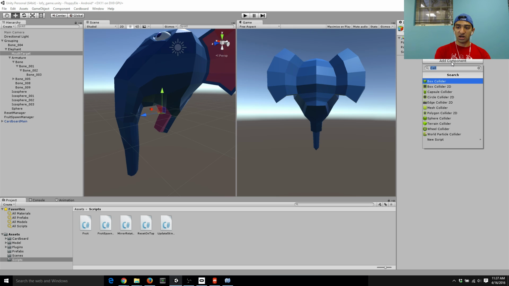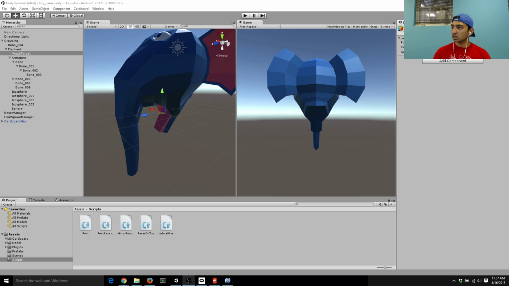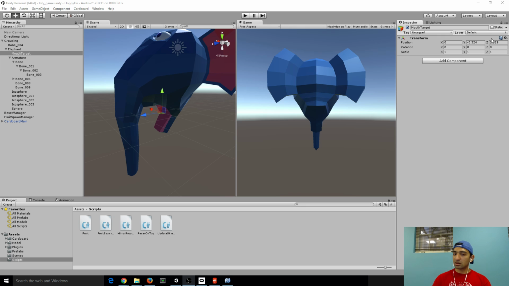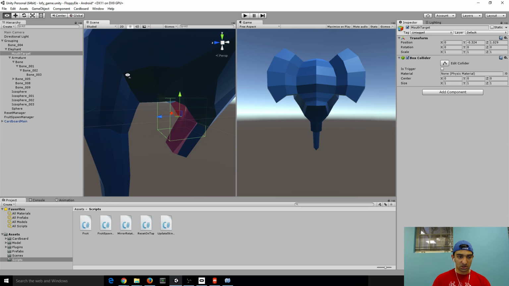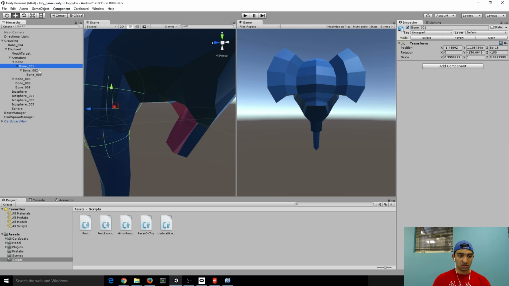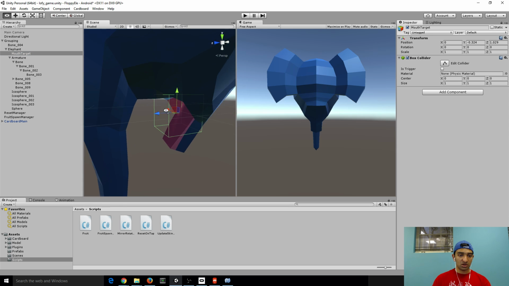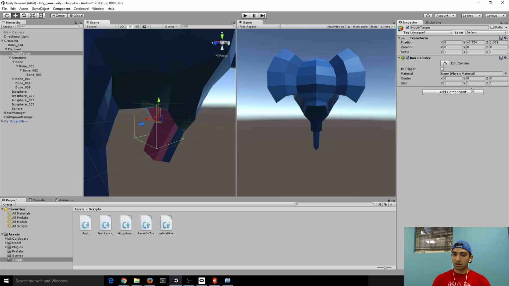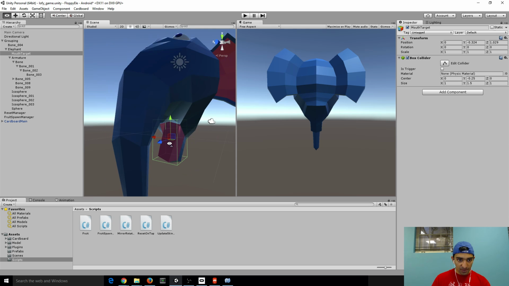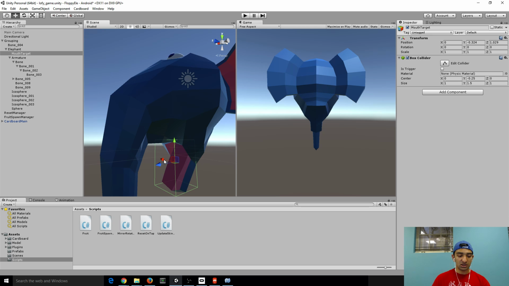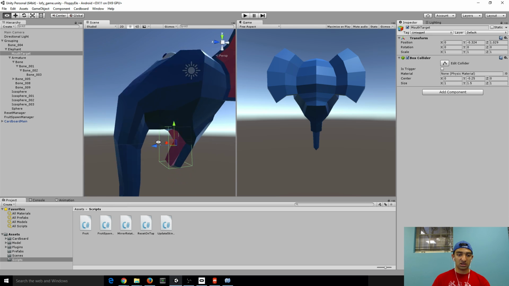So to do that, again, we're going to want to add a box collider, and I know now I'm going to totally be blocking it, so move myself back down again. And so yeah, I'm going to add a small box collider. Well, that one's a really big box collider, but does it get hit? Doesn't look like it gets hit, so might make it a little bit bigger in the Y direction. Let me move it down 0.25. Yeah, that about does it. So that's good. So now that we have a nice box collider right there,